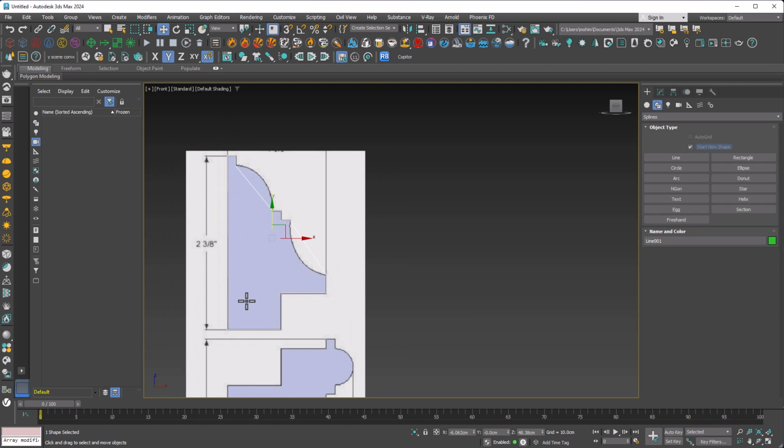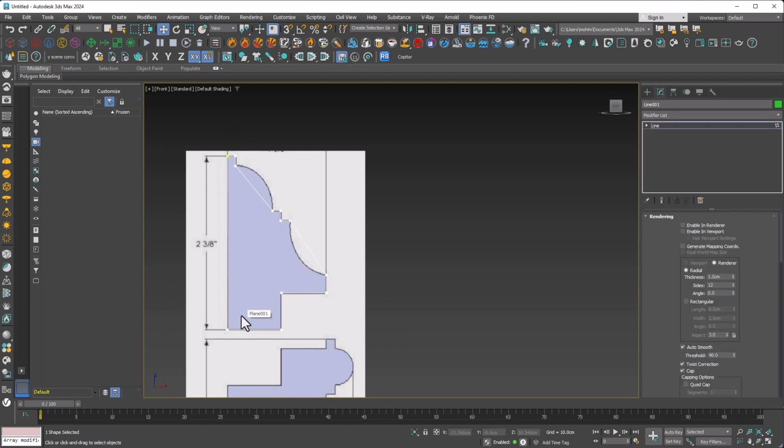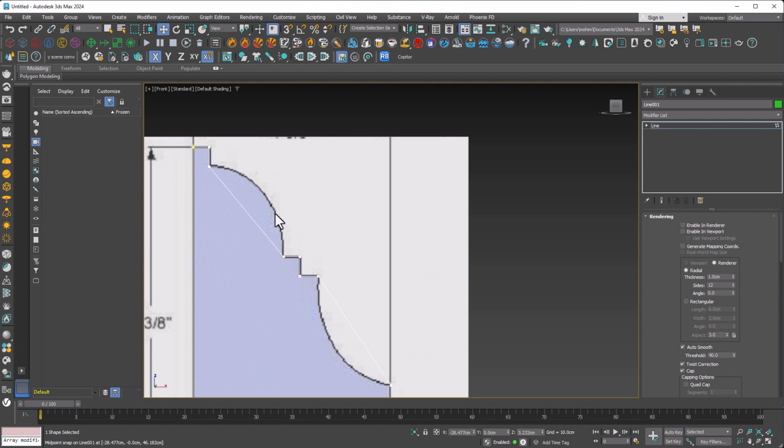These two vertices are gonna be aligned, so I hit 1 and I hit S for snap. I select this vertex and I align it with another one. Now what to do here, I turn off the snap, I select these 4 vertices